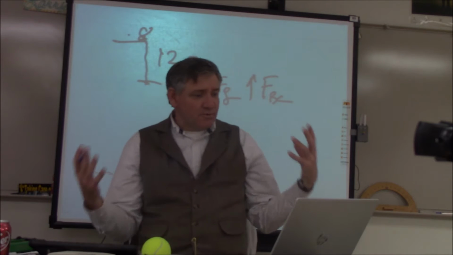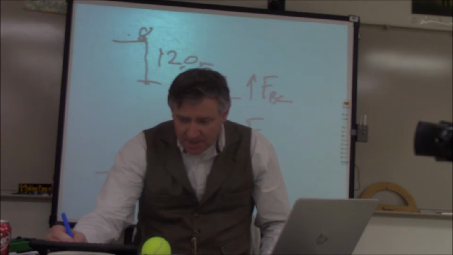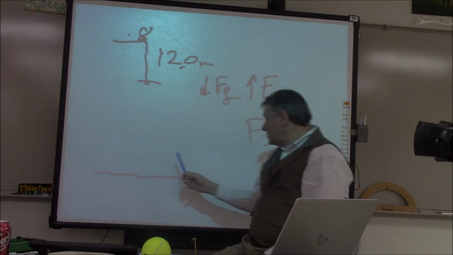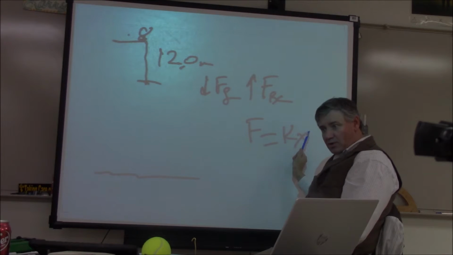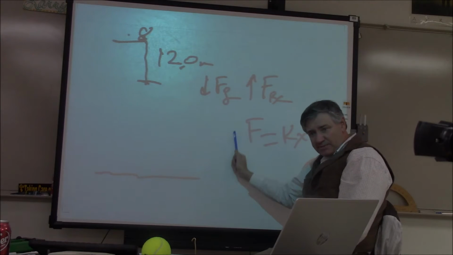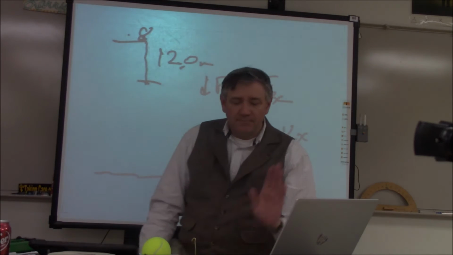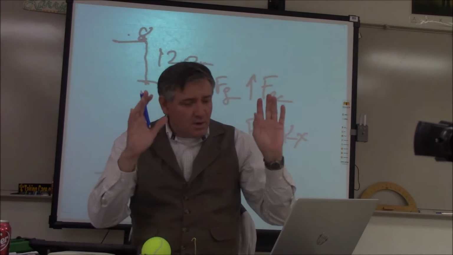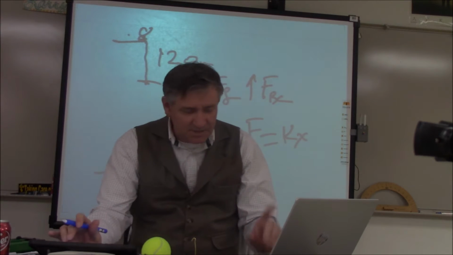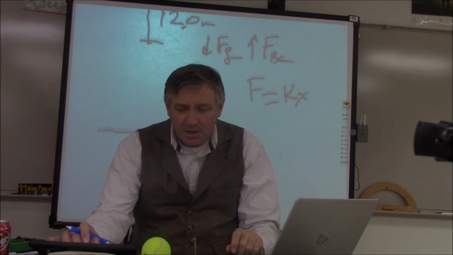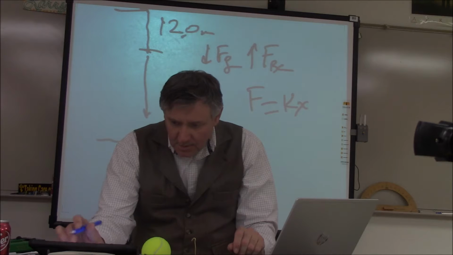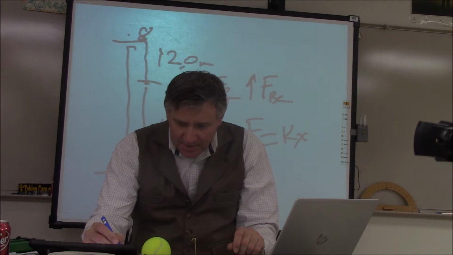Now, the bungee cord is like a spring, and that force is going to equal kx. So once that bungee cord begins to get engaged, the farther you stretch that cord, the more upward force is going to be exerted on you. So the whole key to this is going to be on B. Here's the setup on how you're going to do B, because you have to find the value of k. At the end, this thing gets stretched another 19 meters, which gives you a grand total of 31 meters